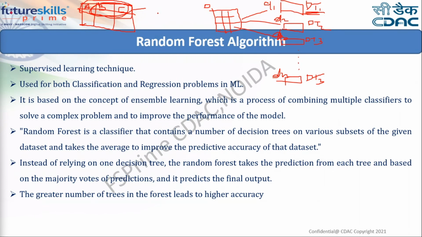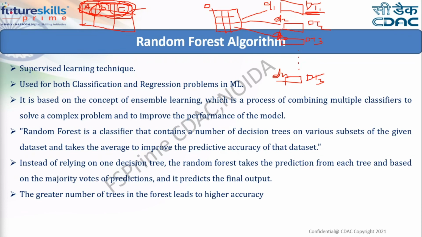For the next tree you select another combination of two. Maybe for another one you select only one. Like this, attribute selection is also randomized. We do not take all the attributes into consideration. We randomly select some attributes, and based on those we calculate entropy and information gain, and make them root node or leaf node.